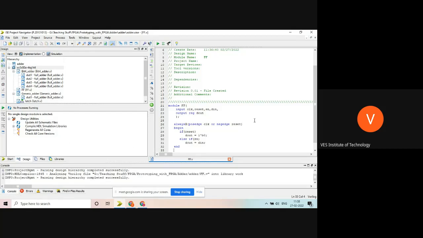This is simple code. I will give 5 minutes time to write this code. If there is a mistake or something, you can check from this.